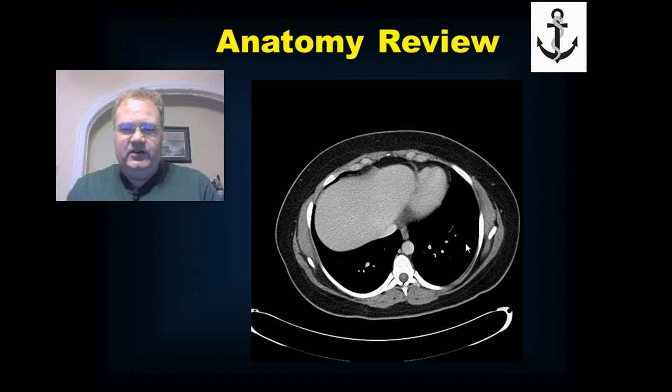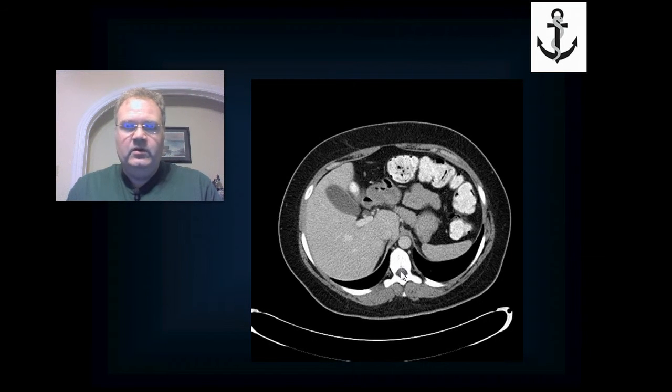So these black areas here are actually lungs. We're still in the chest here, but anteriorly we're actually down in the abdomen. Here's your liver, your stomach. This is your aorta, big blood vessel going down, the artery, vena cava going back. Cut down a little bit lower, you can still see some lung in the back here, aorta, vena cava, liver,